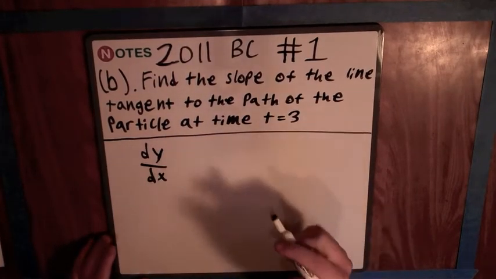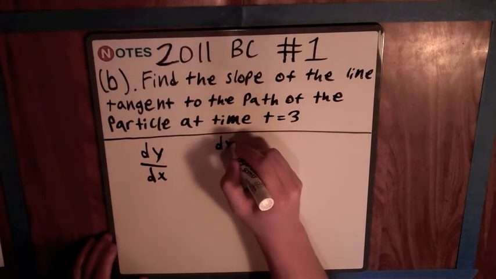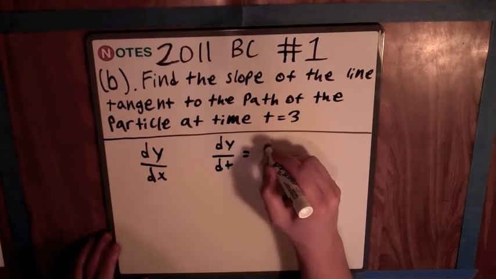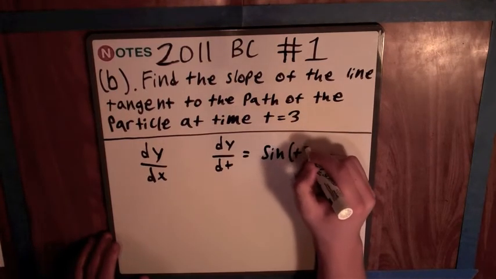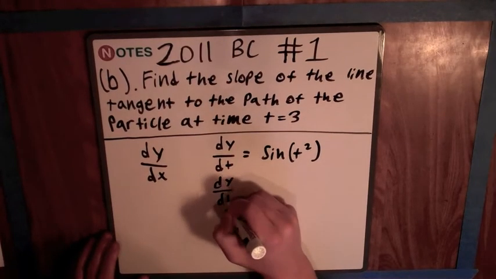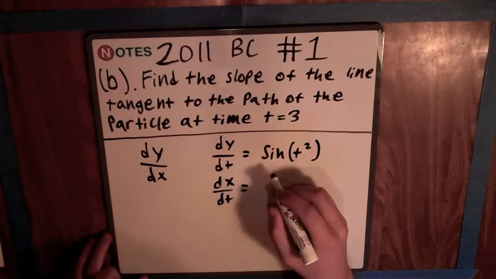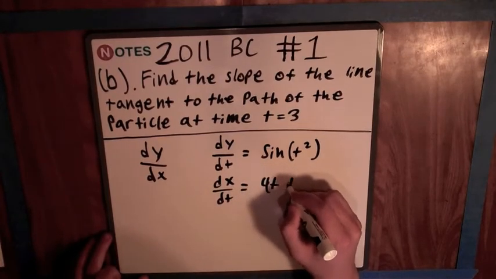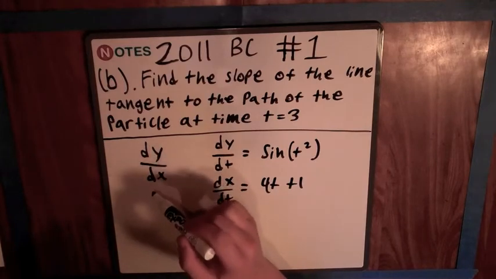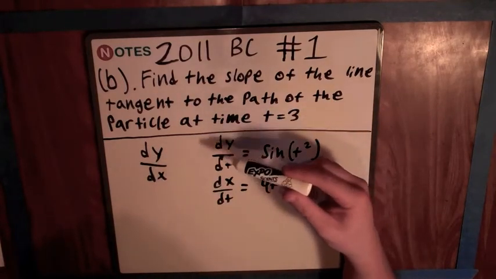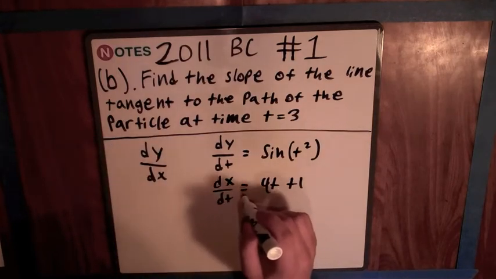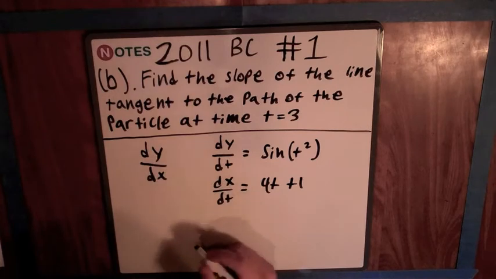However, in this problem, they've only given you dy dt being sine t squared, and dx dt as 4t plus 1. So to get dy dx, you need to take dy and put that right here, and dx right here, which will give you